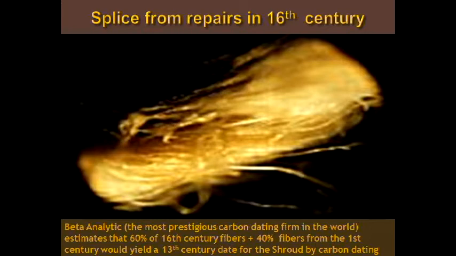Now, in the year 1520 to 1560, repairs were made to a corner of the shroud, which was used in the 1988 carbon-14 dating. It's known that at that time there existed some 30 to 40 master weavers throughout France, any one of whom would have been capable of combining materials of that day with the ancient linen so as to be almost undetectable. The tapestry in the Renaissance art,